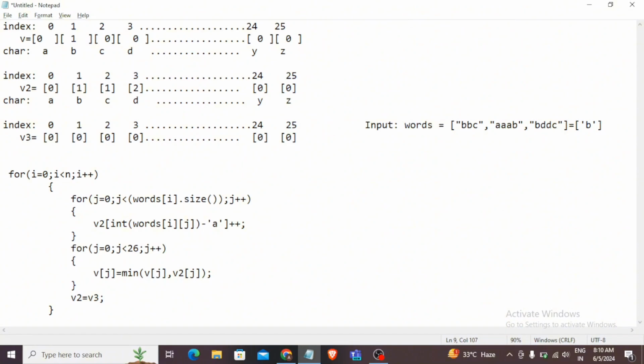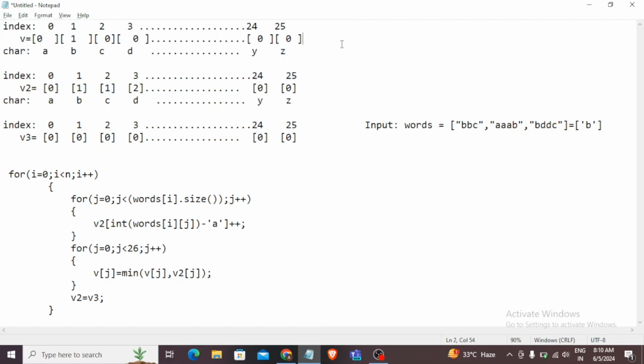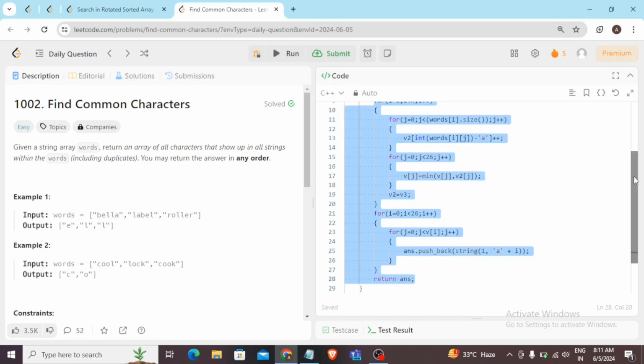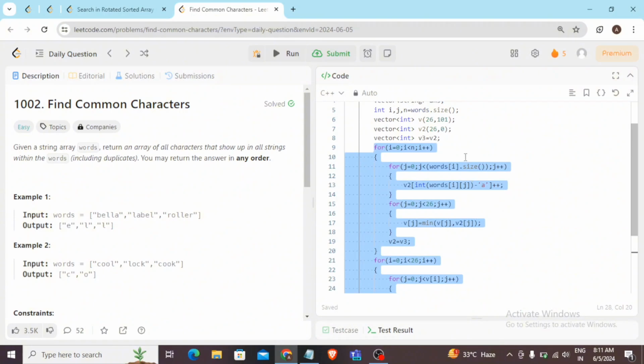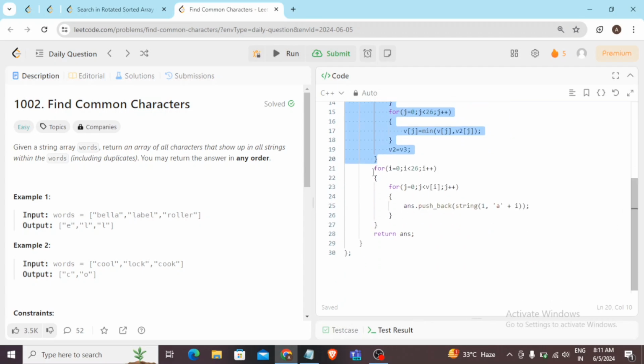And let's see how we will generate our final answer with this final V vector, which contains the frequency of every repeated character. So let's see that. Okay. So this was our first for loop which we were executing for extracting the frequency, and this is how we will generate our answer, because